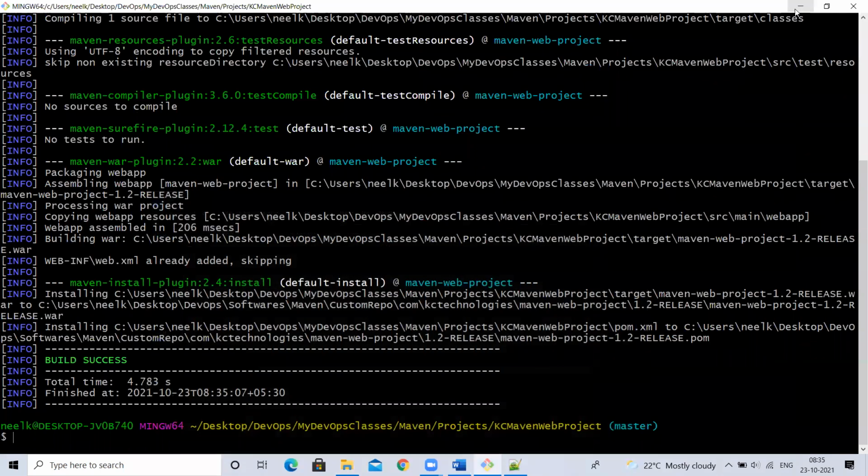So the difference between package and install is package will generate the artifact and place under target directory. That's it. Whereas install will generate the artifact, place it under target directory, same like package. Plus it is also going to place it under .m2 repository.